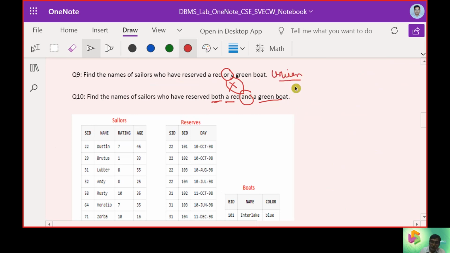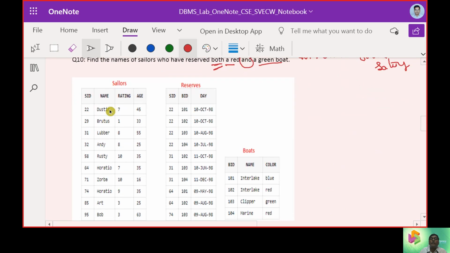In this scenario we are sensitive to this case, so we will use an intersection, because both conditions have to be satisfied. Earlier we could say any one, but in this case both must be satisfied.